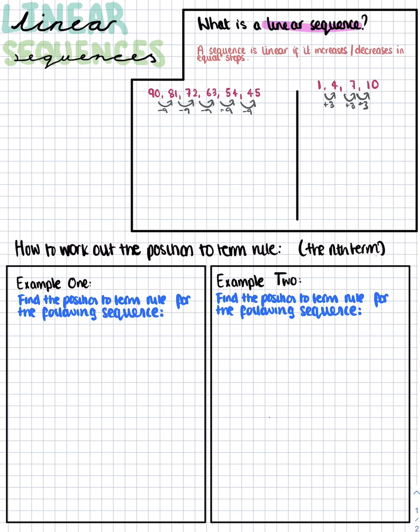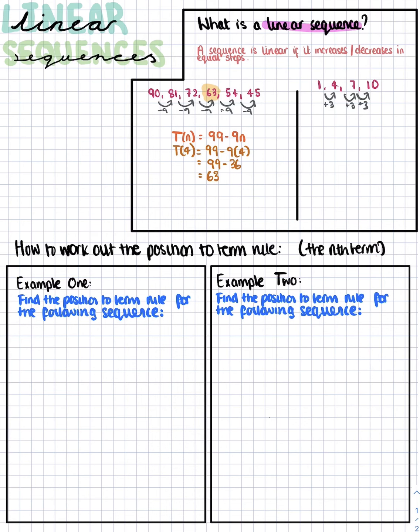Every linear sequence has a position to term rule, and this rule tells us how to work out any term in the sequence. For this first sequence, the position to term rule is 99 minus 9n. So if I wanted to work out the fourth term, which I know is 63, I would do 99 minus 9 times 4. So I would replace the n with 4 because I'm looking for my fourth term. So I'll have 99 minus 36 because 9 times 4 is 36,